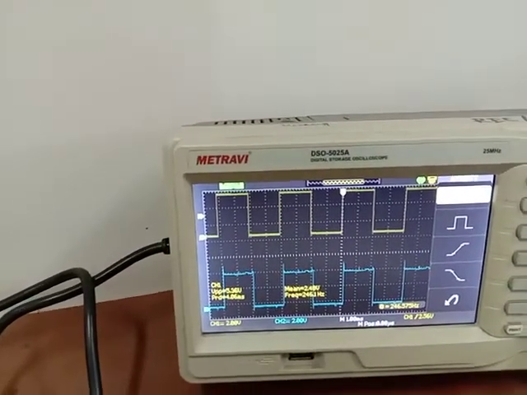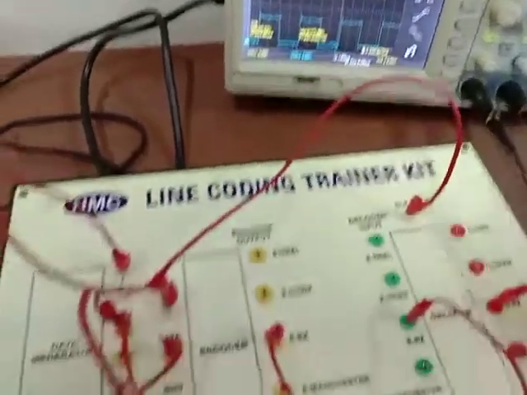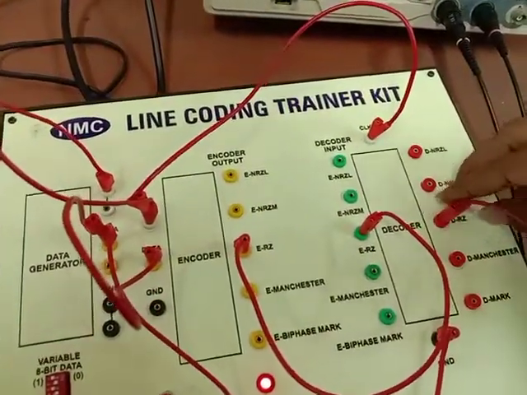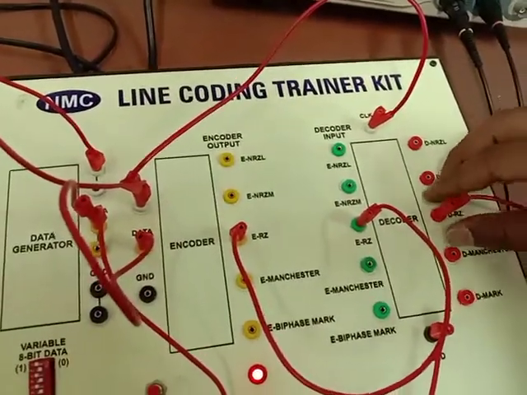Actually, we will get the decoder part. We will give the input, that means our data input.